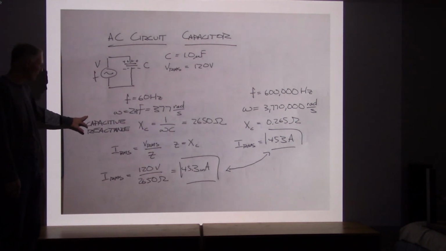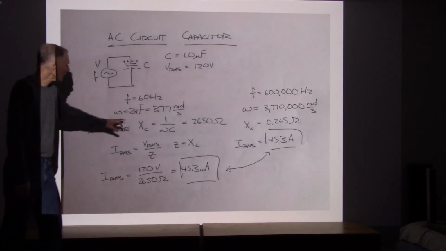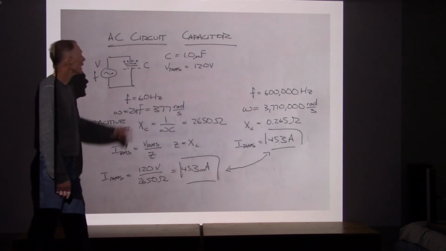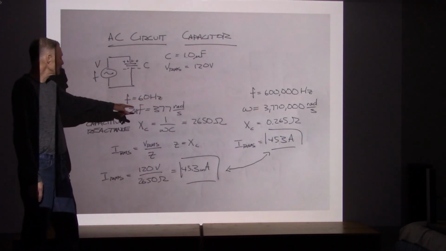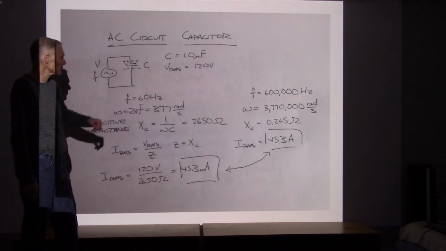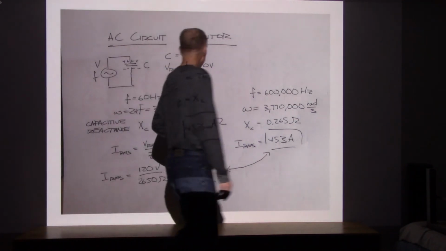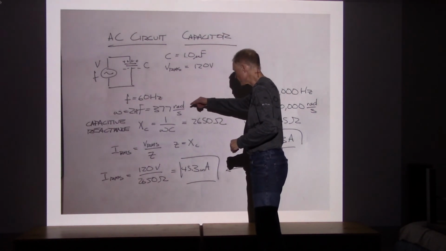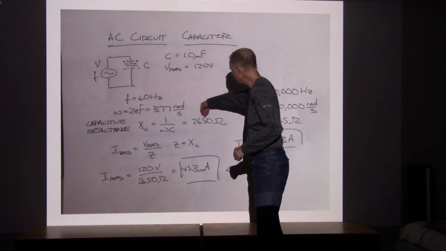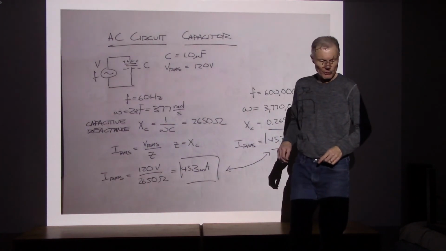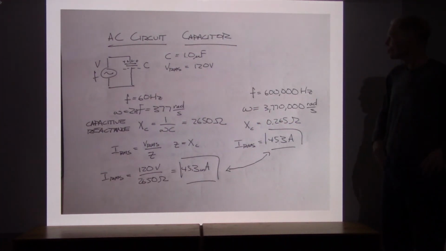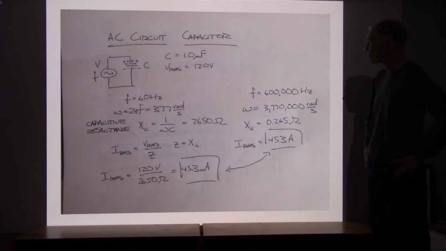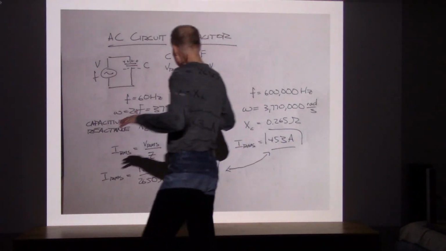This is the capacitive reactance, X sub C, and it's given by 1 over omega C, and I know the capacitance, I know the frequency in radians per second, and what that's telling me is that the numbers on the capacitor and the frequency are giving me a reactance of 2650 ohms. That's a good amount of resistance. So we have quite a bit of resistance for this capacitor. And then in this case,